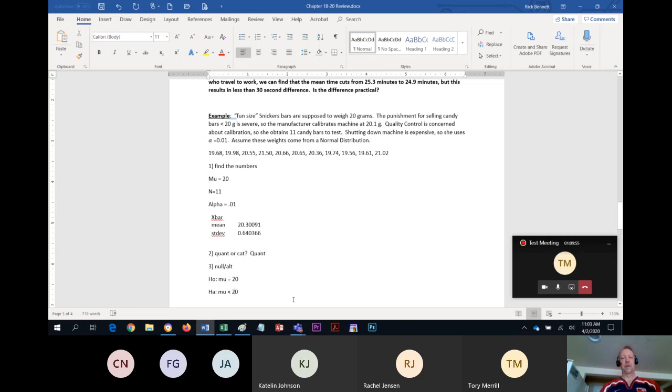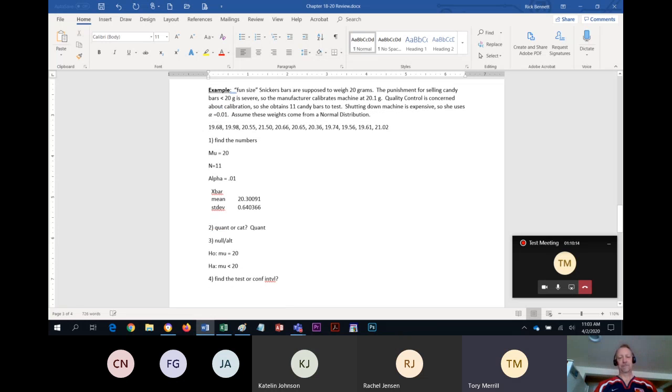Okay. All right, step number 4. Find the test or confidence interval. Okay, so what should it be in this case? A t-test, because we don't have a population standard deviation. Okay, and so the formula for the hypothesis test is t equals